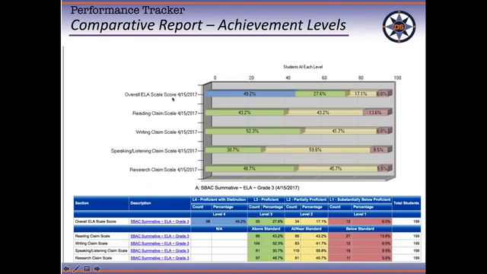I like this top part where I can see that, the blue overall, about 42% of my students got level 1, and about 70-something percent scored level 3 or 4. Claims do not have a level 4.